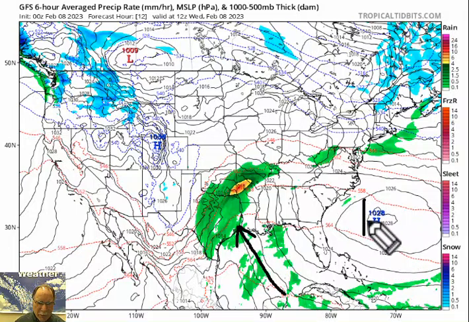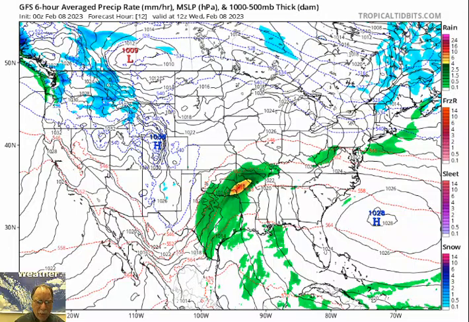We often talk about the clockwise flow around highs and counterclockwise around lows. Well, that is promoting some moistening up of the lower part of the atmosphere in this part of the nation. Indeed, this could fuel some severe weather right here over the next 12 to 24 hours or so with this current system. That's not the one that will produce a coastal storm over the weekend. This is a front-running storm here.